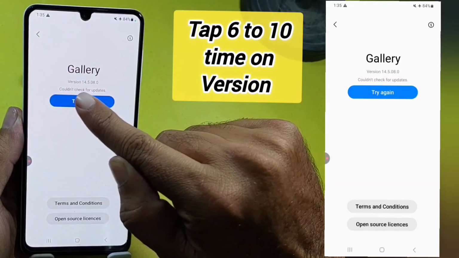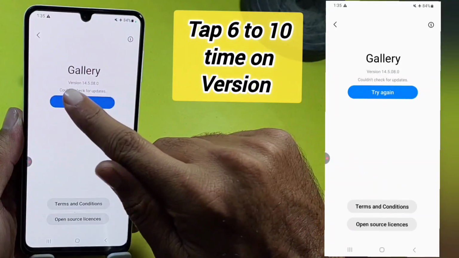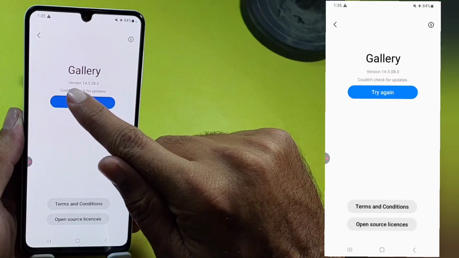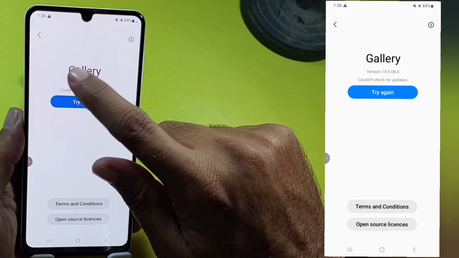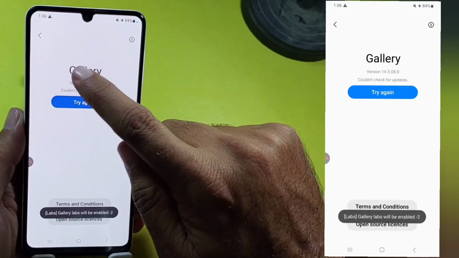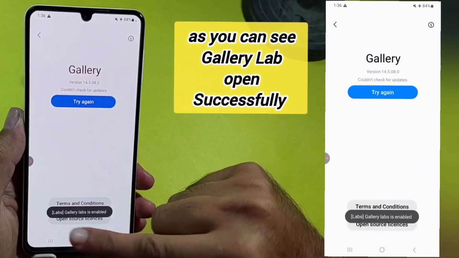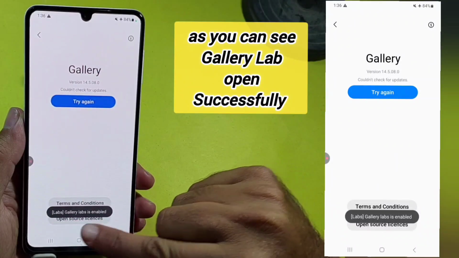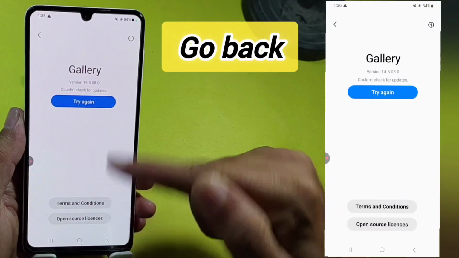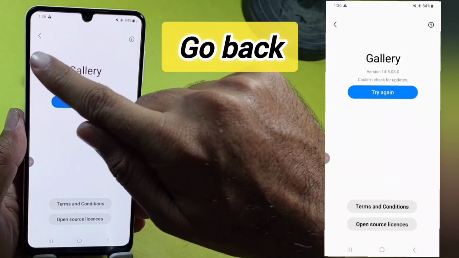Here you can see version. Tap 6 to 10 times on version, gallery version. As you can see, gallery labs open successfully. So go back,